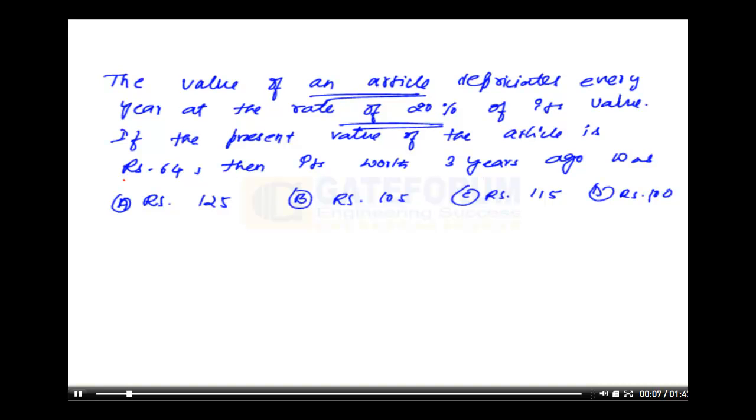The value of a certain article depreciates at the rate of 20% every year. If the present value of the article is 64, we have to find the value of the article 3 years ago. Now let the value of the article 3 years ago be some 100. Now after 1 year it will decrease by 20%, so it will become 80. Then after 1 more year it will decrease by 20%. 20% of 80 is nothing but 16, so this will become